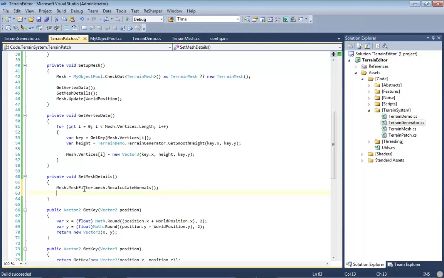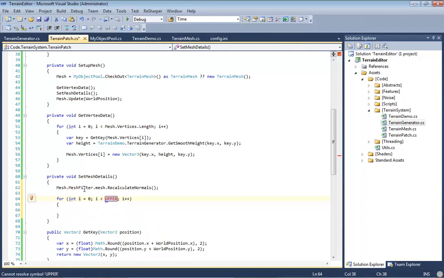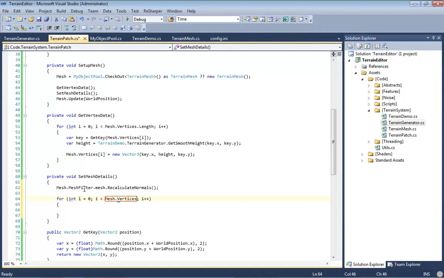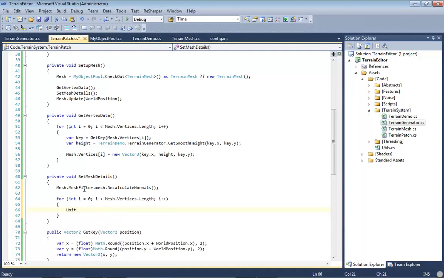The other thing that we will eventually be doing is taking another loop like we did before, which will take our mesh.vertices.length, and we'll iterate through this, and then we will assign all of our mesh.normals, not that mesh, this mesh. So we'll assign all of our normals,